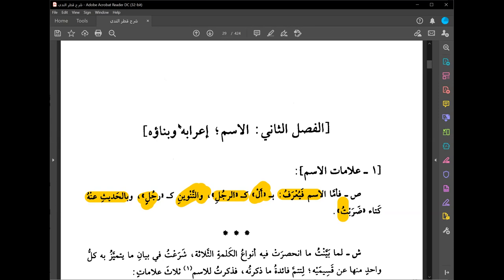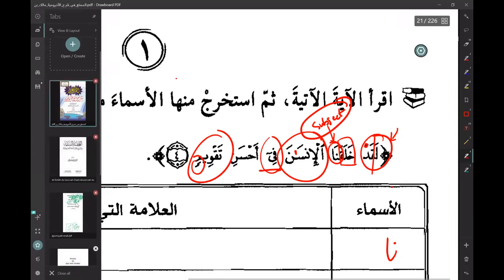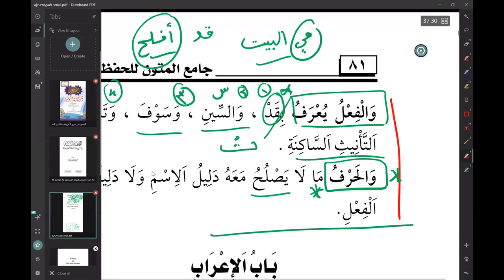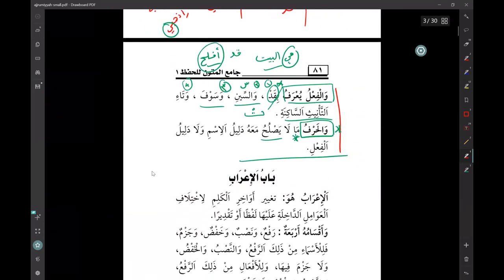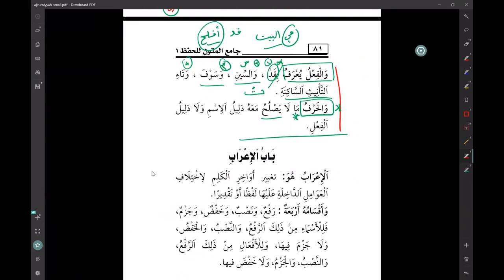Now, going back to our topic, there's one more thing that I have to mention right now. I'll just mention it in a very, very simple way, because I have a feeling this topic might come back. I just don't recall, because I studied many different books. I don't know if Ajrumiyyah brought this topic or not, but I wanted to mention it now, because even if we don't come across this topic, I think that is good enough, because the concept has to be in your